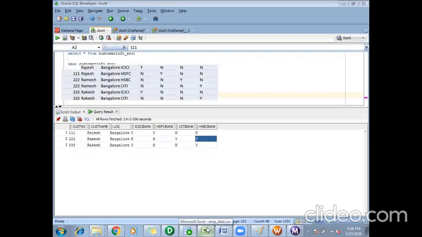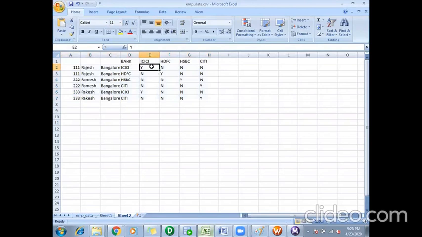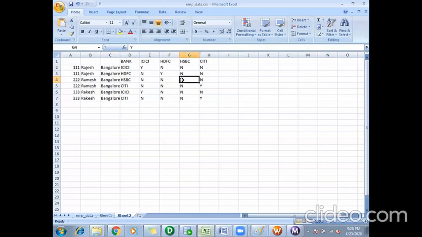What I'm trying to do is, in my expression transformation, based on the banks, I'm giving this Y/N value. Ramesh is holding an account in HSBC, and in another record he is holding an account in Citi. Now these two records I need to club into one. Yeah, understood.